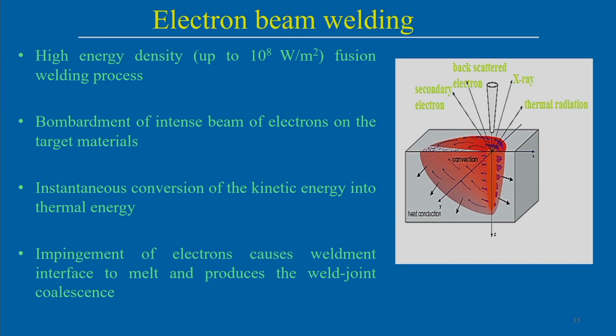So, here you can see this figure. A beam of electrons comes from a source, interacts with the workpiece material, and converts the kinetic energy of the electrons to thermal energy. At the same time we can get X-rays, backscattered electrons, and even secondary electron scatter; that kind of phenomenon we can also observe. But finally it reaches a very high depth of penetration and creates this molten pool, and within this molten pool there is some convective flow.